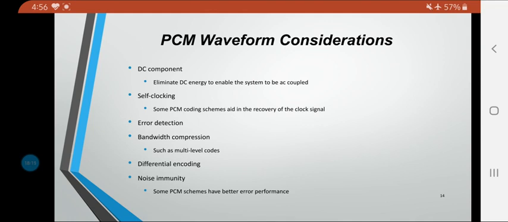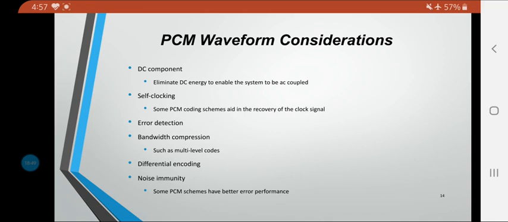Then we have the next one, which is differential encoding. This technique is useful because it allows the polarity of differentially encoded waveforms to be inverted without affecting the data getting detected. So there should be something which provides some difference between the codes, or the particular bits that we are trying to detect or encode. Such things are provided by differential encoding schemes. So in communication systems where waveforms sometimes experience inversions, this is of greater advantage.